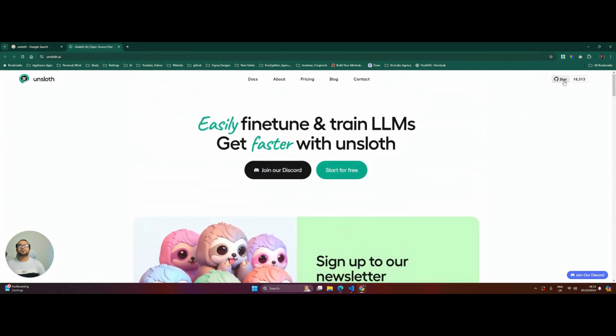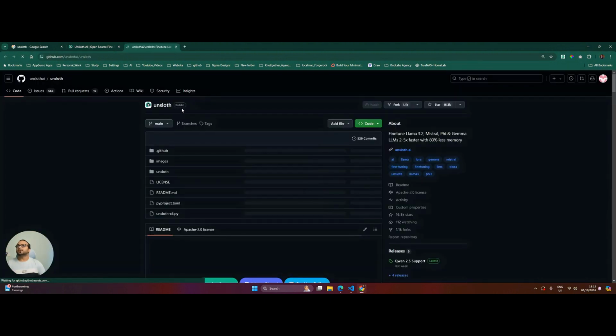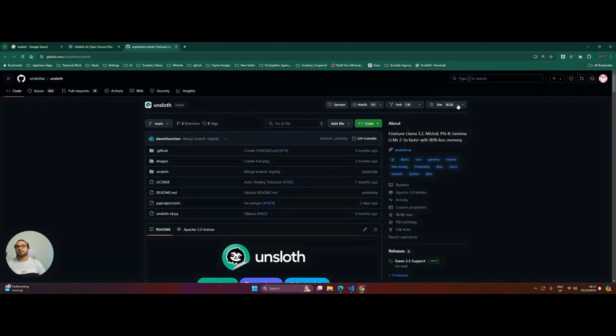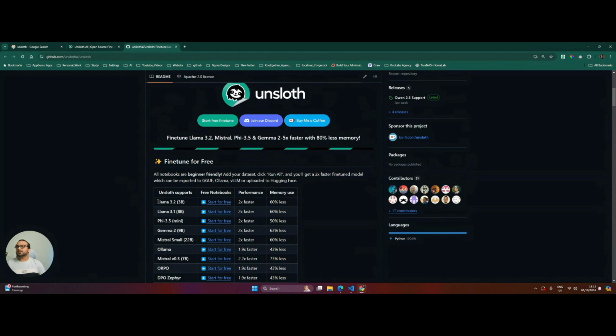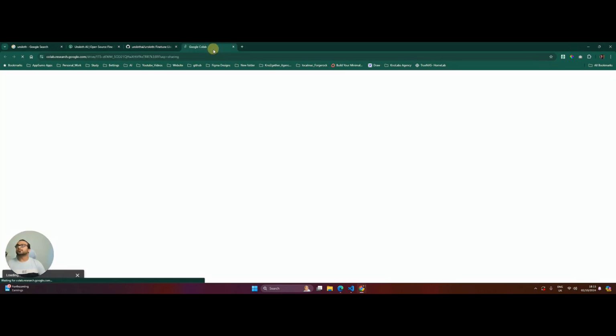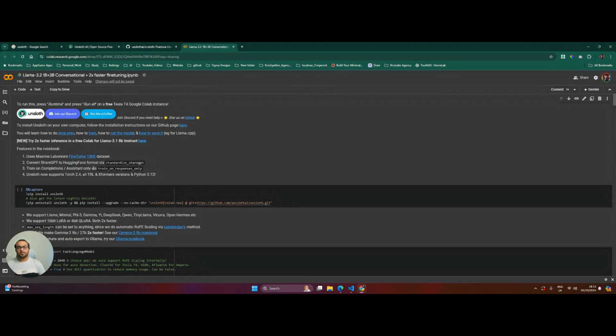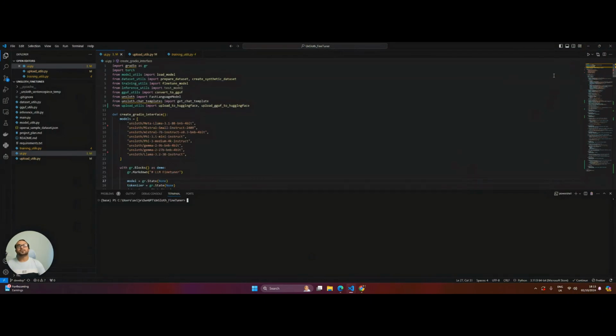This is also an open source project, and if you go to their open source repository, it has already got like 16,000 stars, so I'm sure many people actually use it. And as you can see, they are also supporting Llama 3.2. They have some notebooks, so if you want to use a Google Colab notebook to fine tune the model, feel free to do so. But what I'm going to do is use a UI to do the fine tuning,